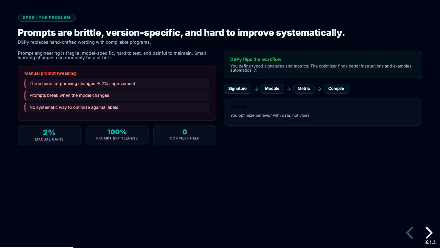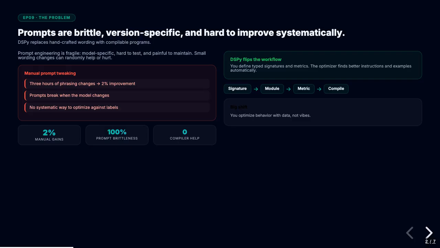Then you define your inputs and outputs as class attributes with dspy.InputField and dspy.OutputField. Context is an input field. Question is an input field. Answer is an output field with a description, a concise, factual answer. That is your entire task specification. No prompt wording, no formatting instructions, no few-shot examples yet, just the interface.